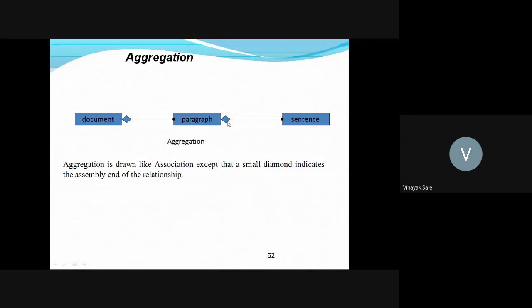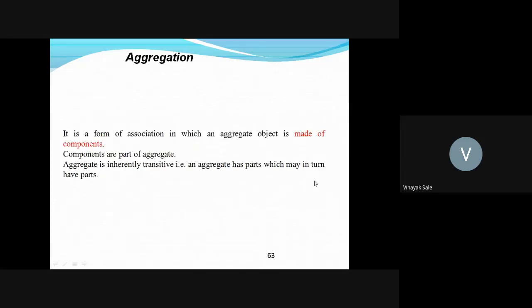The diamond indicates a sentence is a part of a paragraph, and a paragraph is part of a document. Aggregation is a form of association in which an aggregate object is made of components. Components are part of the aggregate. Aggregate is inherently transitive: an aggregate has parts, which in turn have parts.